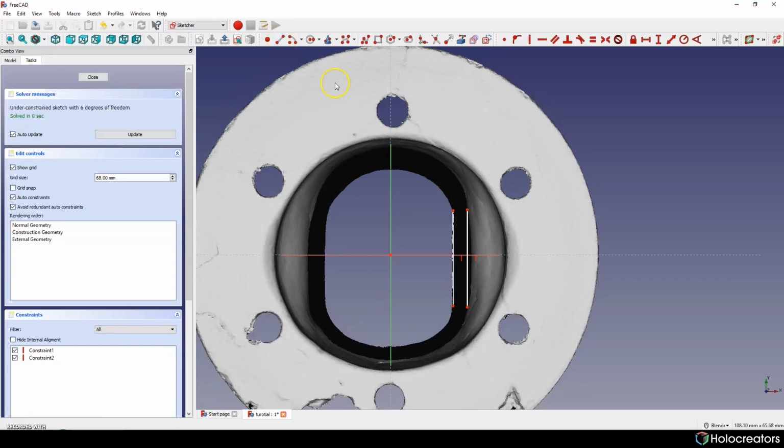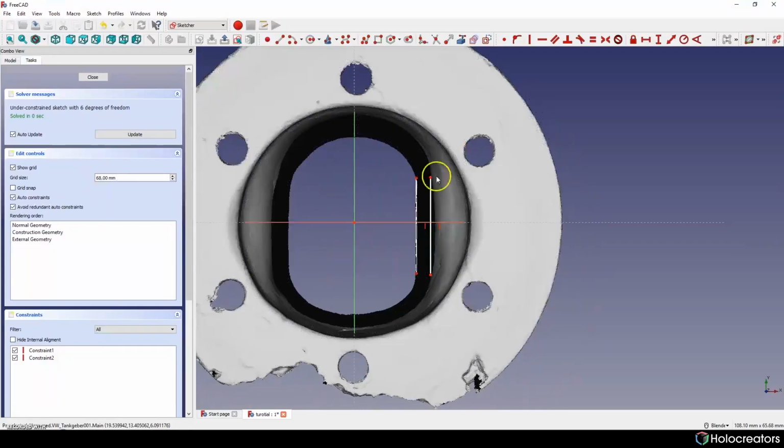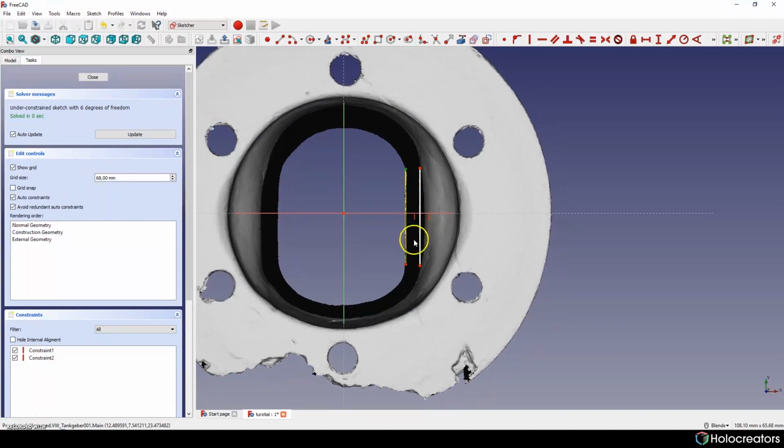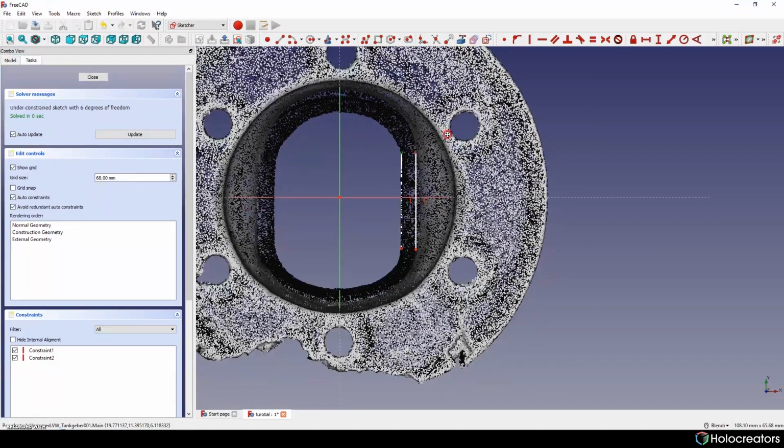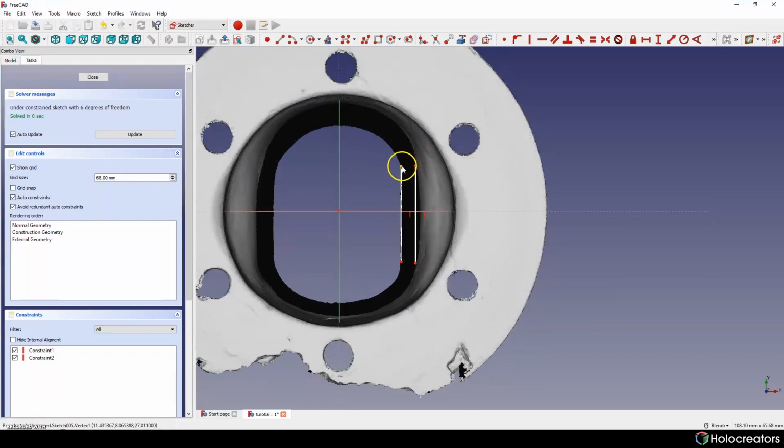And also we're gonna need, but we can just basically mirror it on other side. But first let's put some constraints on it just to make things easier.